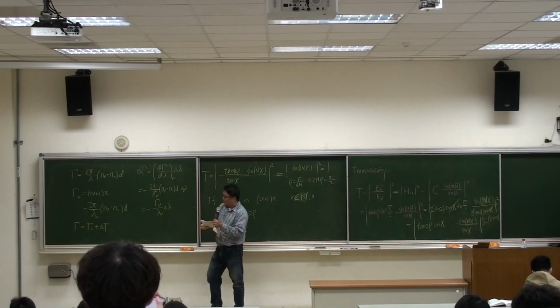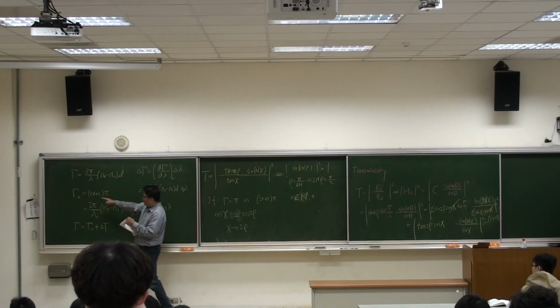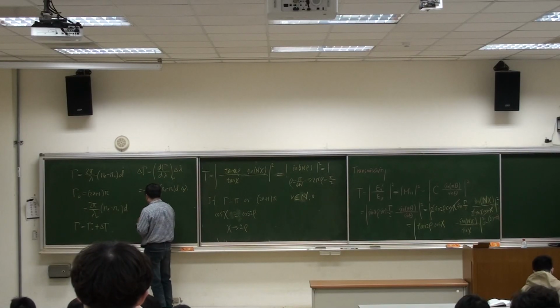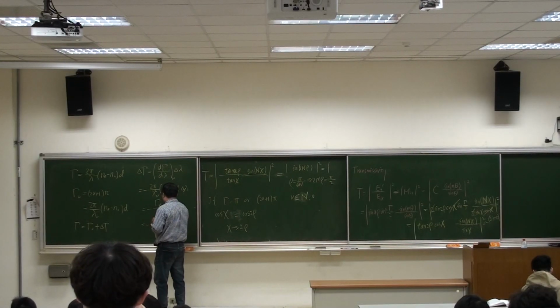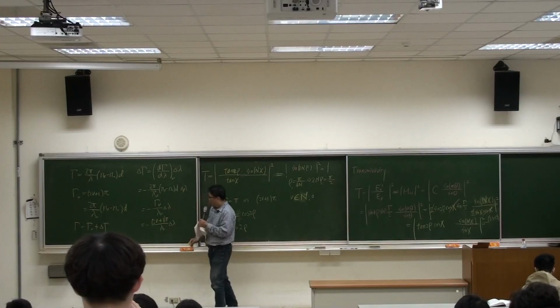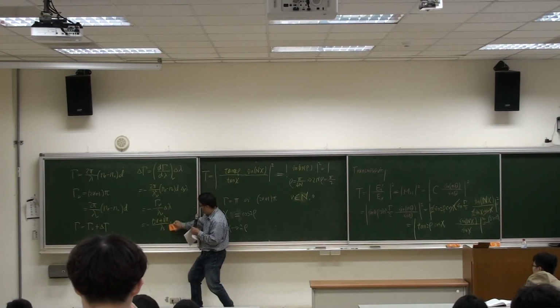And what is gamma nu? Gamma nu is 2 nu plus 1 pi. So this is minus 2 nu plus 1 pi over lambda nu times delta lambda. And the delta lambda is nothing but